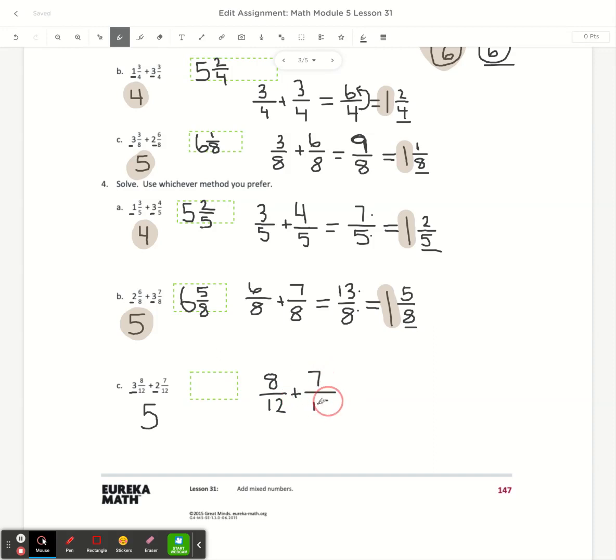And again, I know that if I'm adding together two fractions and the denominator is the same, that means that I'm just going to keep the denominator the way it is and not change it. And now I'm just going to add my numerators together. So I have 8 plus 7, which I know is equal to,